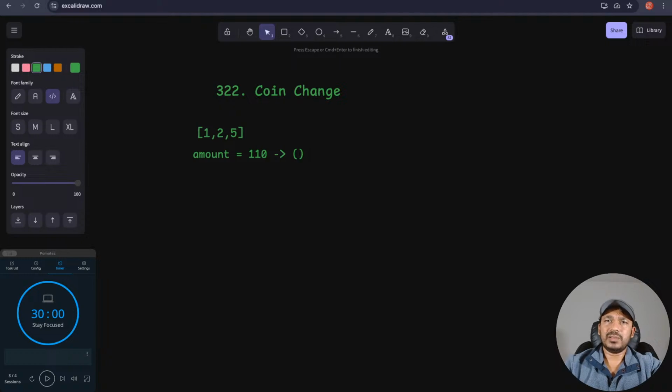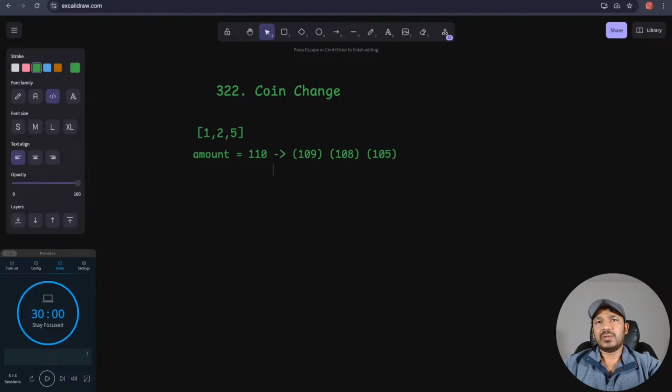It will make a call to $109 as an amount, and then it will make a call to 110 minus 2, so that is 108 as the amount, and then again it will make a call to min coins required for 110 minus 5, so 105 as the amount. So 110 will make these three calls, and then again for each of these,